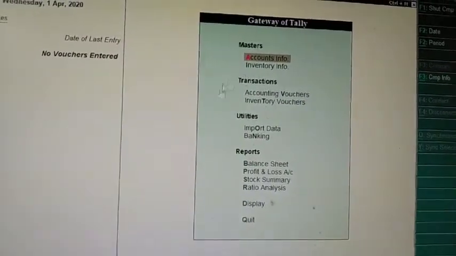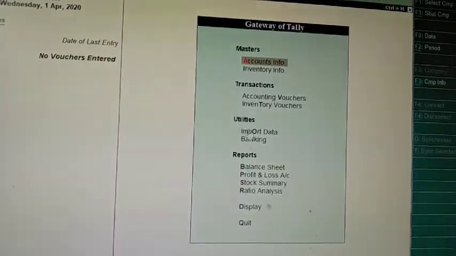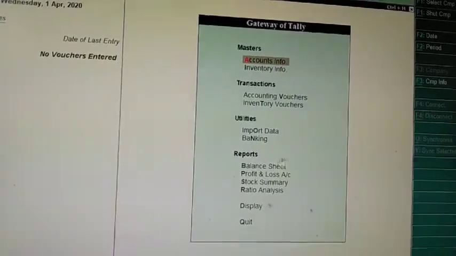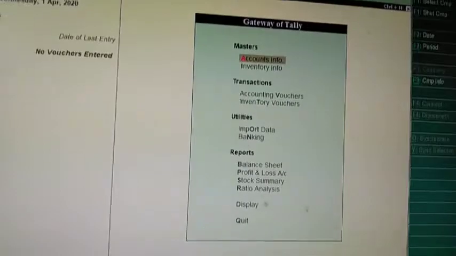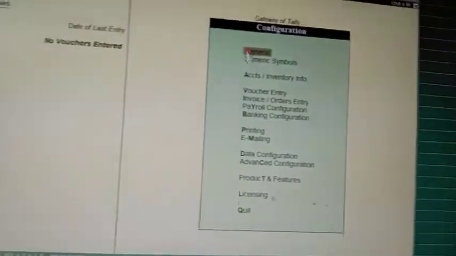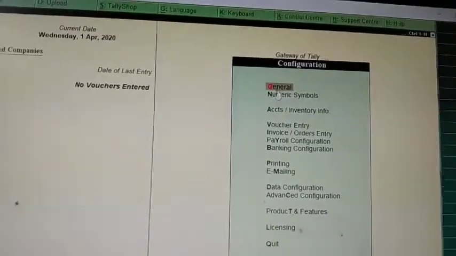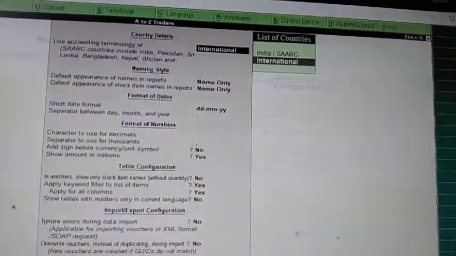The configuration relating to that screen will appear, because I am in this screen, the general configuration will appear.